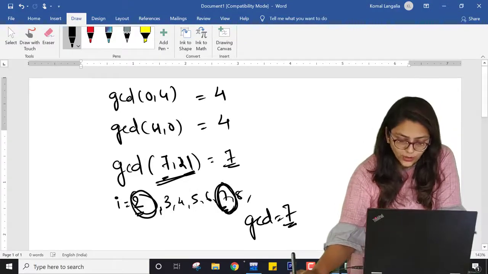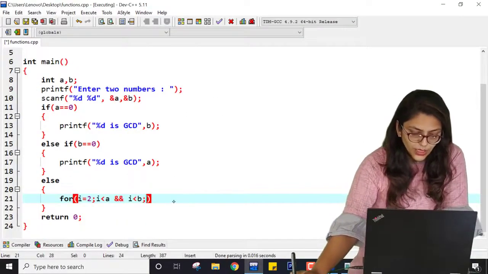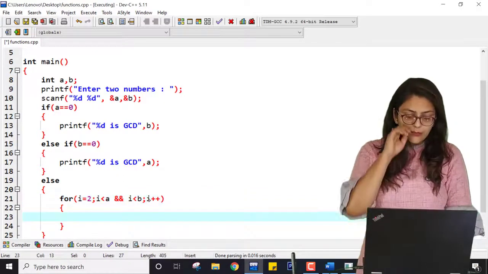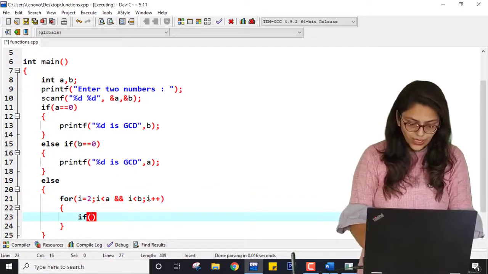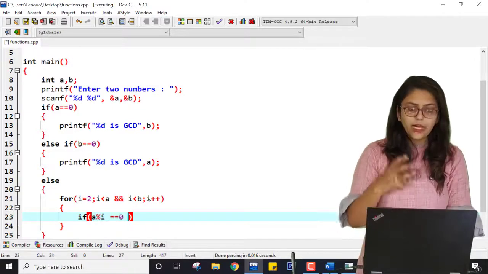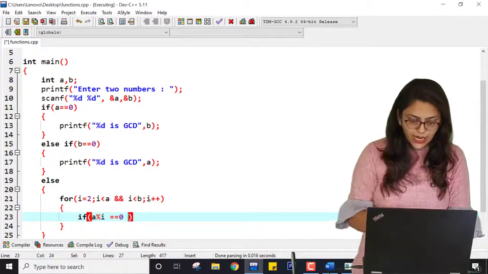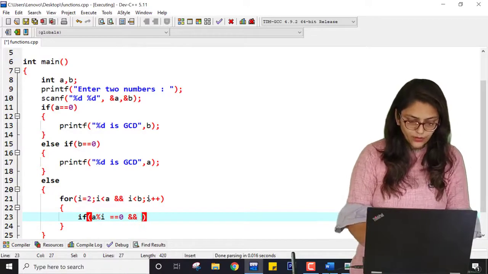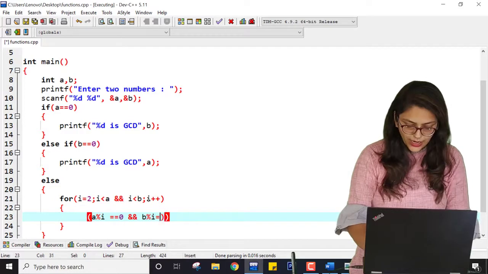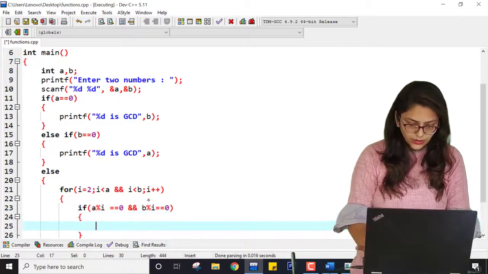So for that, what I am doing here is checking this and doing i plus plus. Inside this, if A modulo i equal to 0, that is, A is divisible by i, and B is also divisible by i, then G is equal to i.